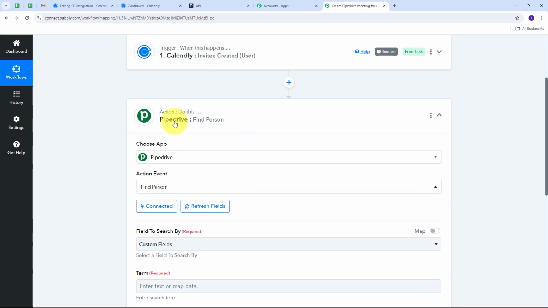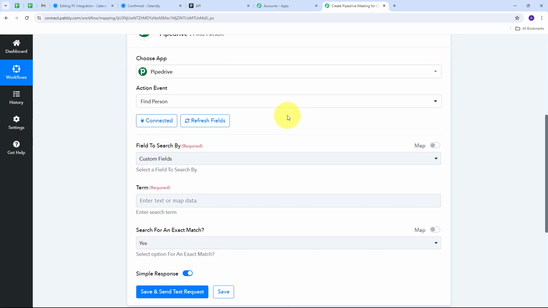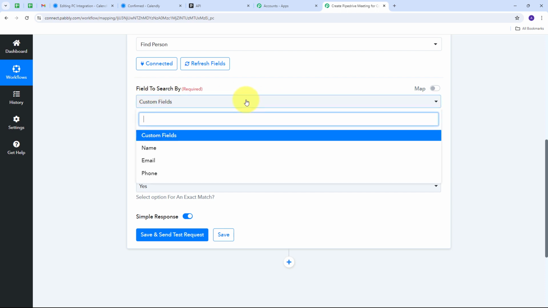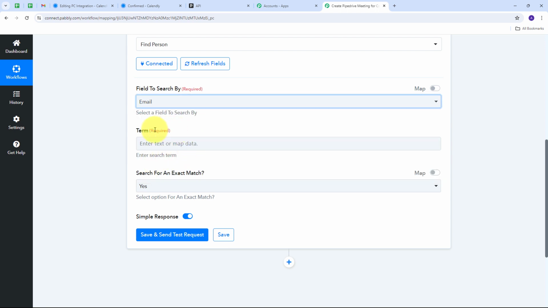And I have successfully connected Pipedrive with Pabbly Connect. And now what I need to do is first give the field to search by. So I'm going to open this tab and search my person by email. So I'm going to select that. And now I have to give the term. So for the term, I have to give the email address of the user that I have received as a